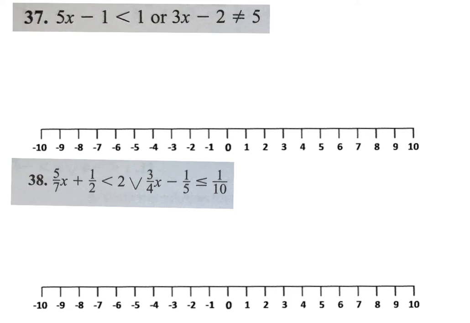All right, the first one says 5x minus 1 is less than 1, or 3x minus 2 does not equal 5. And so you're just going to solve these individually. We're going to add that 1 to both sides. Add that 1 to both sides. We have 5x is less than 2, and then divide by 5. And we get x is less than 2/5. Or